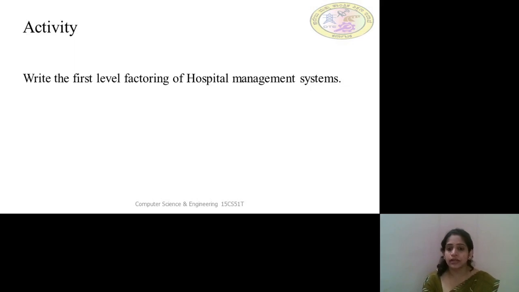Since the hospital management system is a little complex when compared to what we discussed in our earlier example, there is also a need to factorize the output module. Output means generating the reports of the patients, the health records of the patients, or the discharge summary of the patients. All these are examples of the output module. Again we have to keep dividing until we get the most abstract output, so that it can be easily turned into physical outputs.